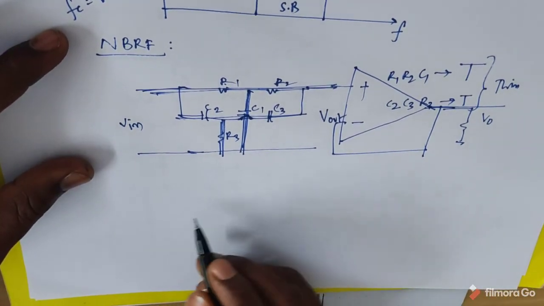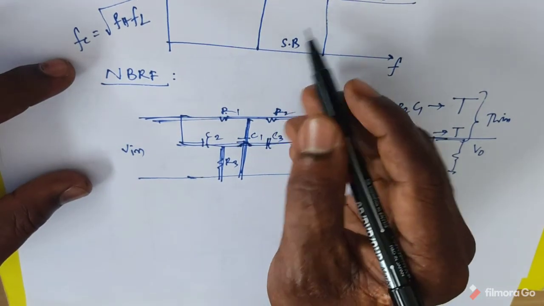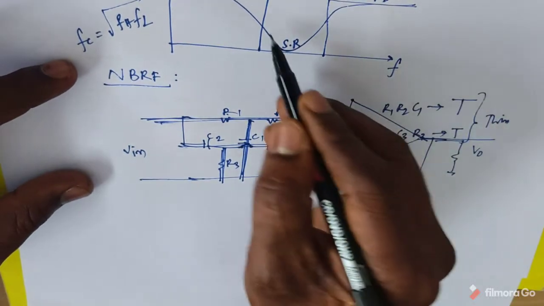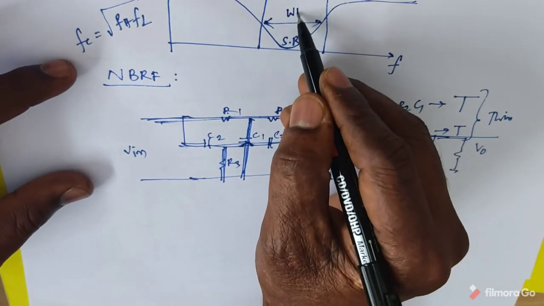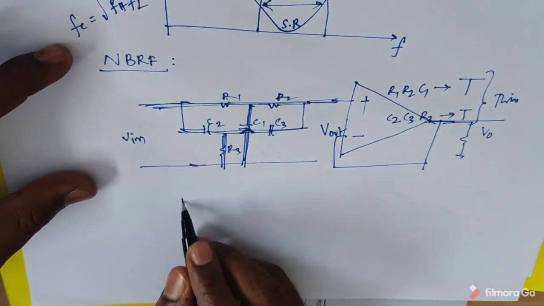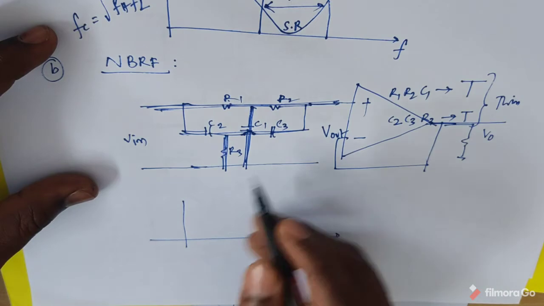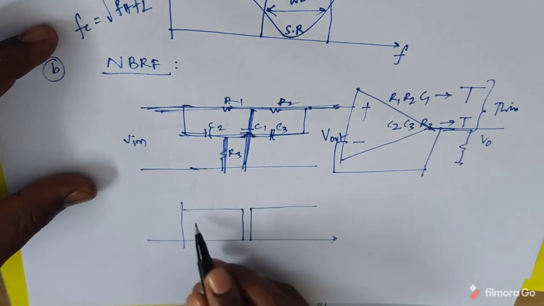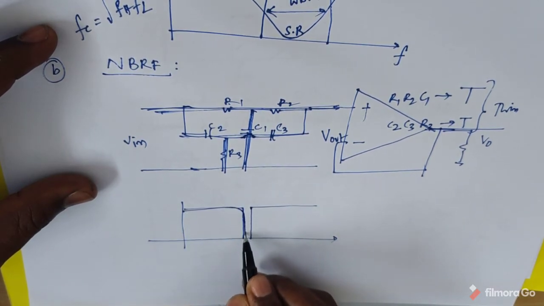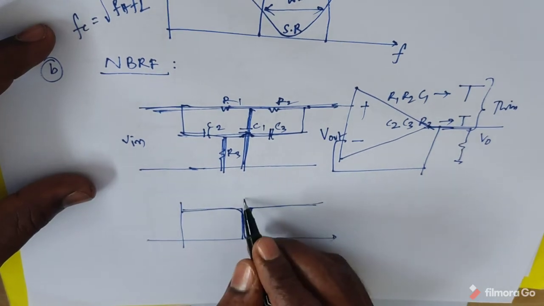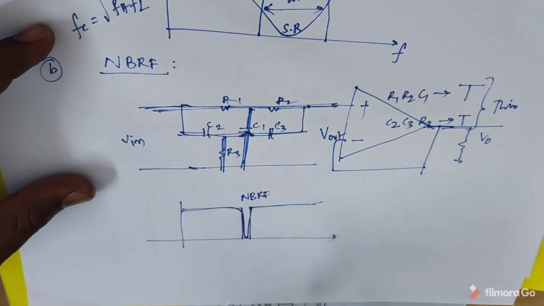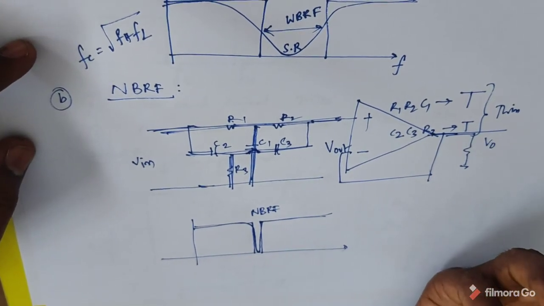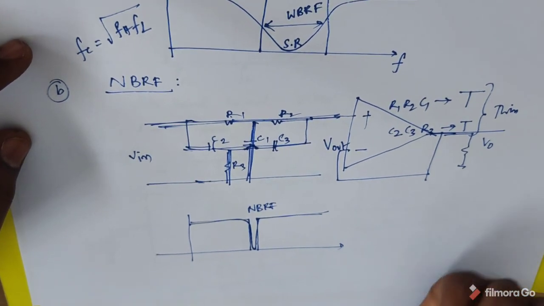Now with the help of this type of circuit diagram, it is very similar to this. In the wide band reject filter, you are getting this type of slope. The same expression in a narrow band reject filter, due to this type of mechanism, you will get this. It is very similar to that, but the gap is very small. You are having pass band to stop band and stop band to pass band. This is the narrow band reject filter. This is the actual brief introduction on narrow band reject filter and wide band reject filter.